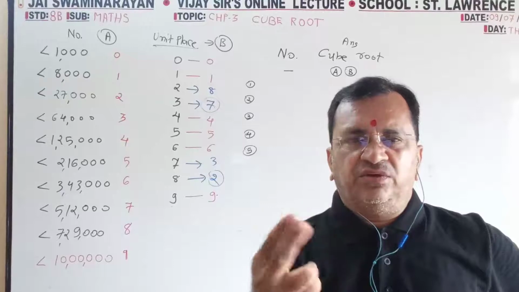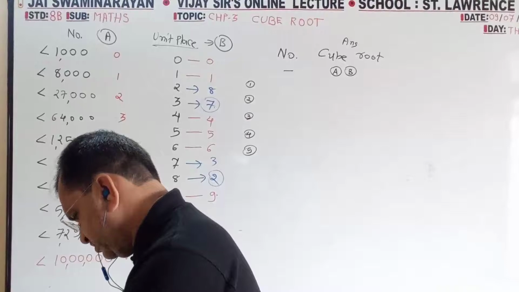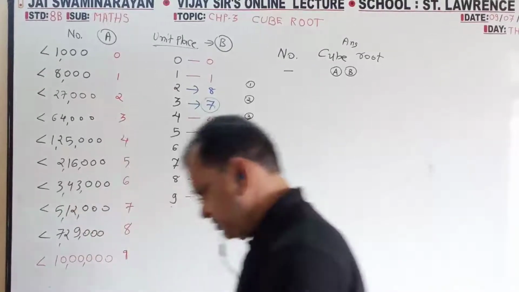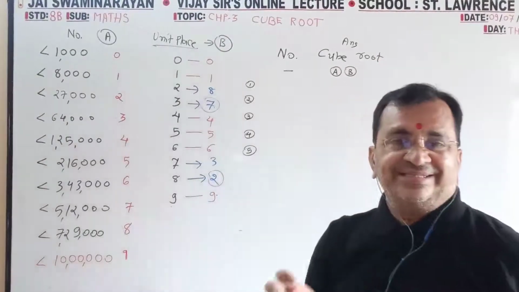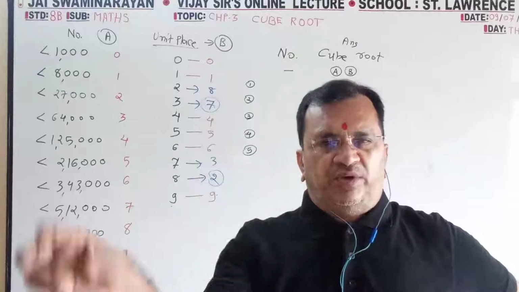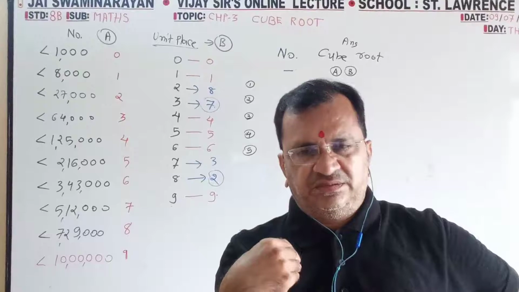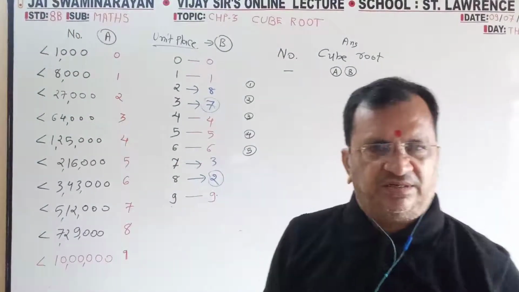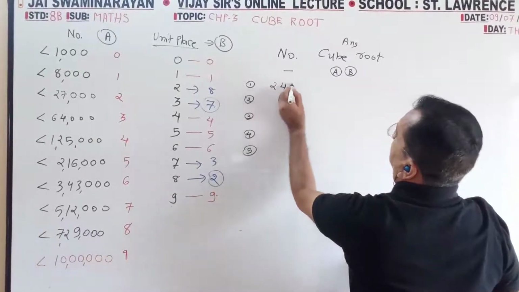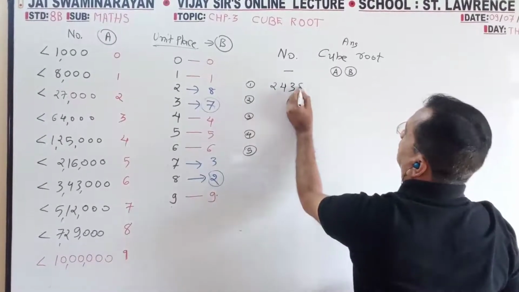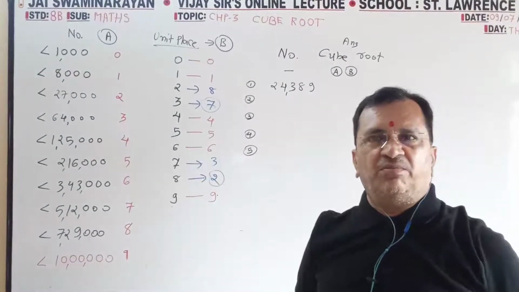In the starting, I told you to be ready with the calculator. What, 20? I don't want that number. Suppose you are doing 12 into 12 into 12. What is the answer? Tell me. I will tell you which number you have multiplied 3 times. Cube root means, you just give me the calculator answer. Next number. Remember, watch which number you have multiplied. Next number.